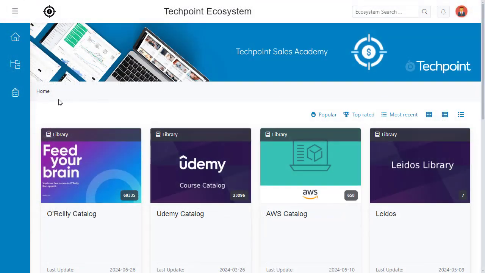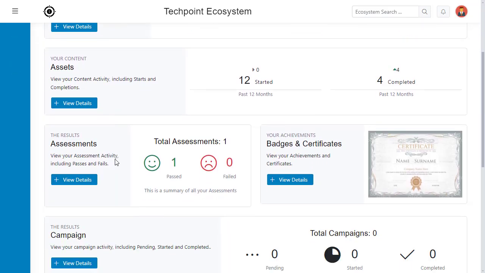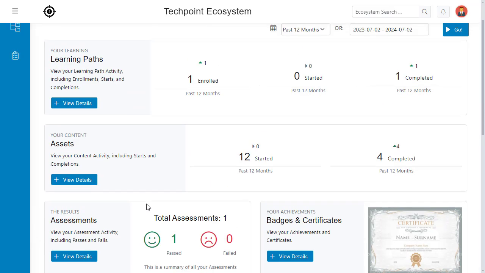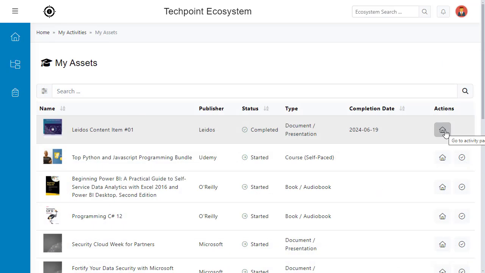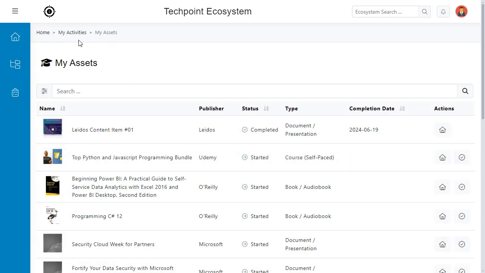Next, you will see some of the actions that can be performed through the My Activities page. You can access content items, learning paths, assessments, etc. Each has different characteristics like go to the main page of the activity, download certificate, mark activity as completed and